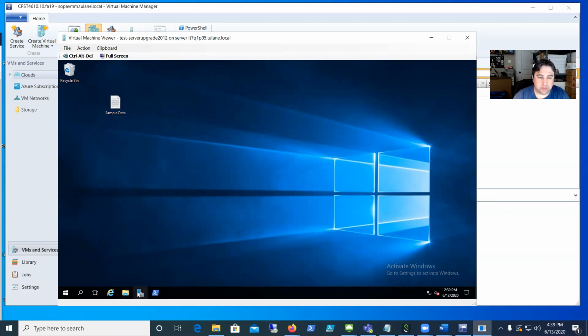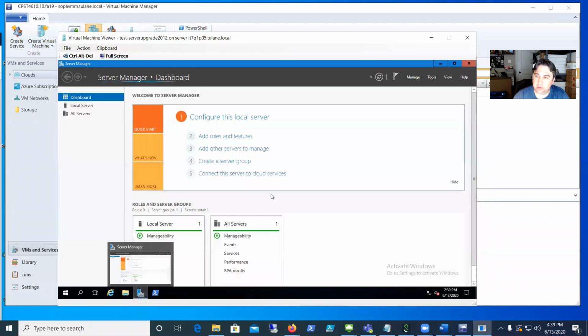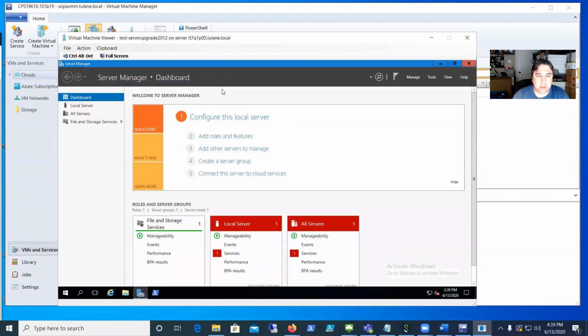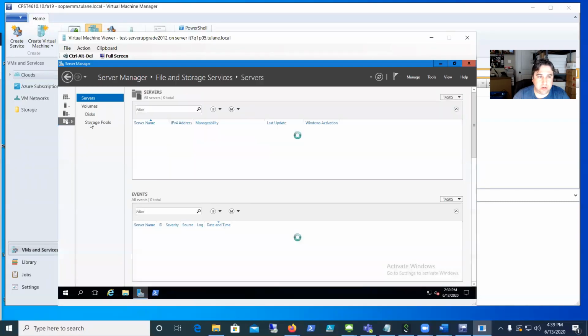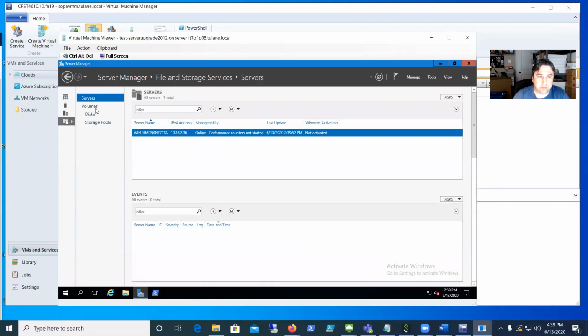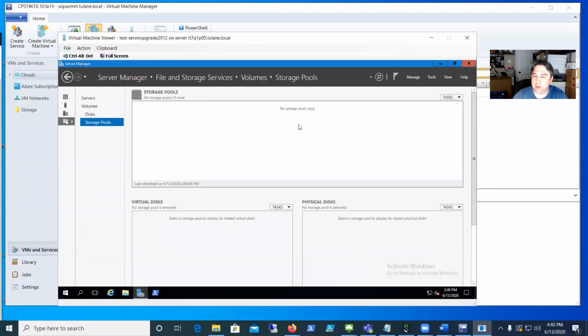So I'm going to bring up Server Manager first and just click on it down here on the bottom. Let it load up, and then you'll see File and Storage Services here. If you notice on this left side, there's a couple different choices. So I'm going to go to Storage Pools. We're going to create a storage pool today, and you can see there are no storage pools, no extra disks